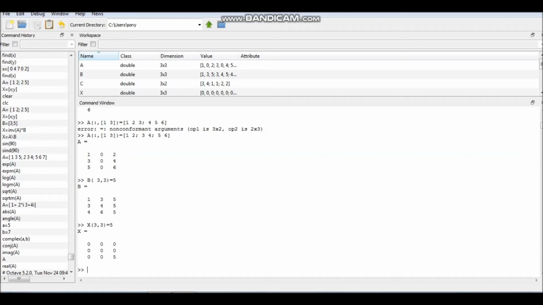Now you can also give other entries one by one. So if I write X(1,2) equal to 3, then you can see that you have 3 at the first row and second column. So you can modify the matrix. First you have generated the matrix from a single element, then you can add on the elements one by one,